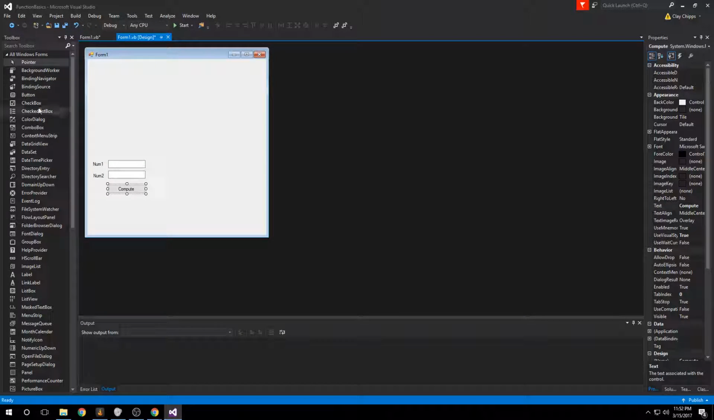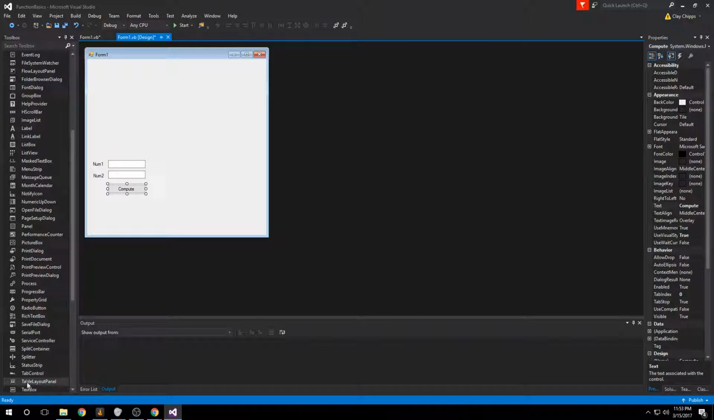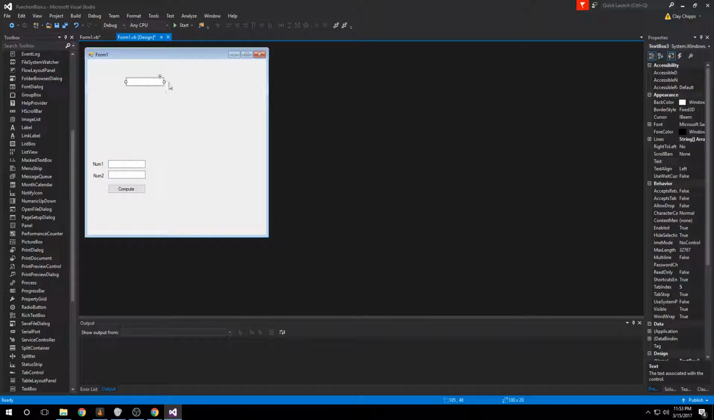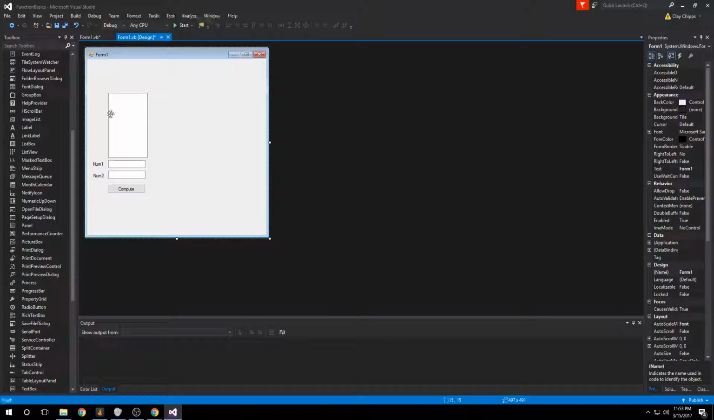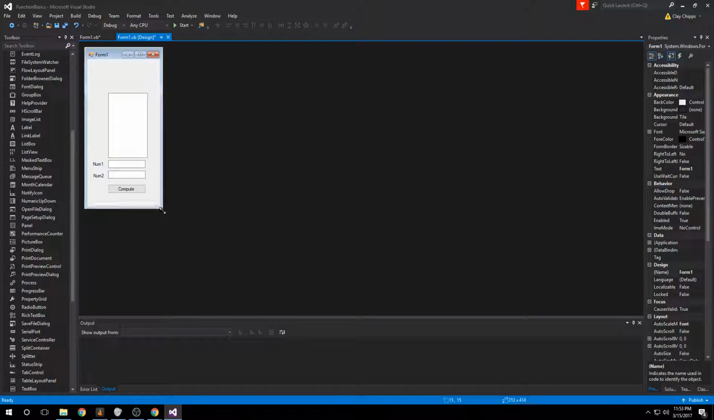So to fix this, we're going to create a quick text box. We're going to make this a multi-line text box for no specific reason. And this is going to be our answer. So I'm actually going to rename this to text box answer. So now if we go back to our code,